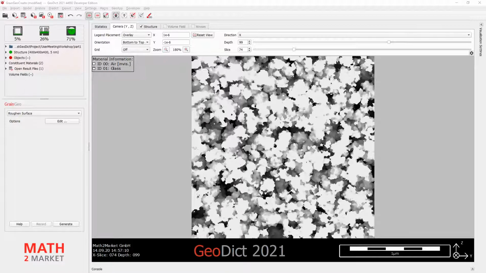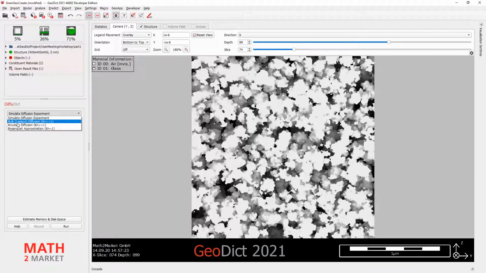and this can be done in DiffuDict, Knudsen diffusion. And yeah, Knudsen diffusion is some special form of diffusion. So think about this as follows.